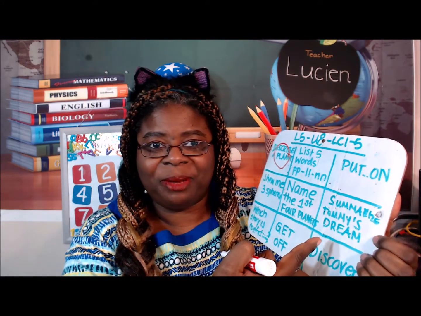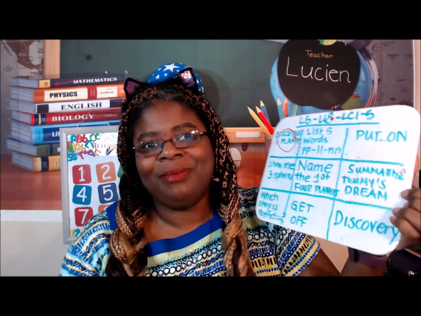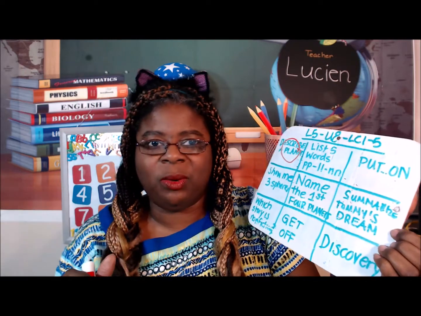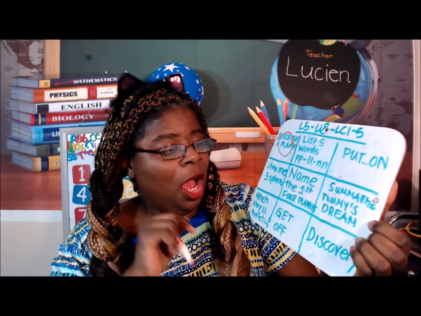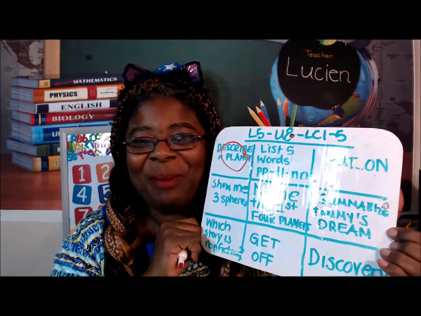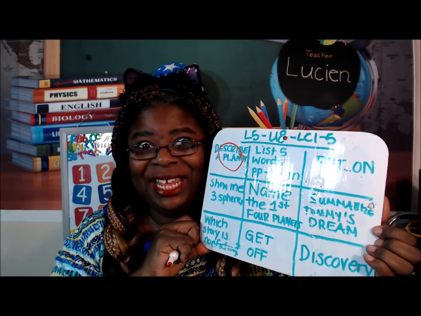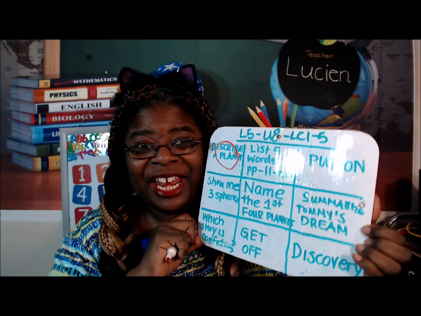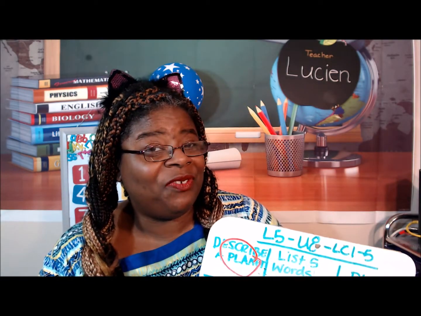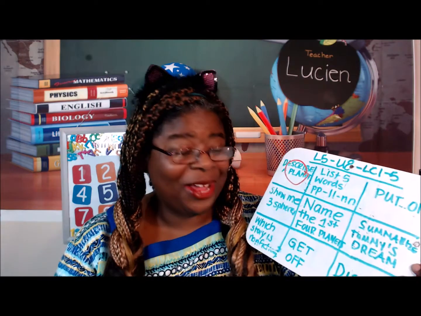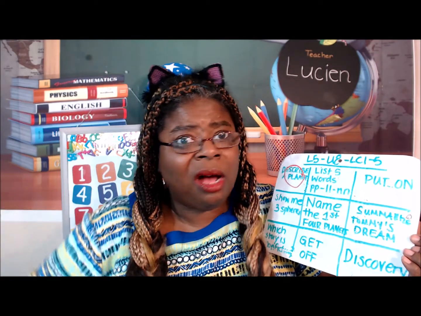Summarize Tommy's Dream. They're going to probably avoid the summary ones, so you want to force them to do summary ones. Oh, Tommy's Dream is where they talk about planet Earth and how it takes 365 days. That's wrong. That's the other story. You don't know that if you're not in level 5, but the student does. And I go, did I win? And they go, no, teacher.